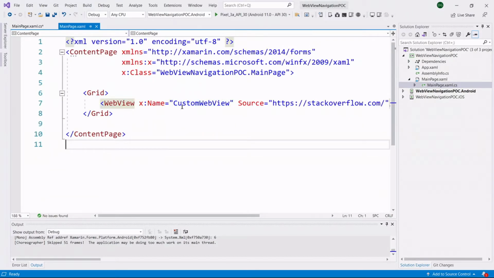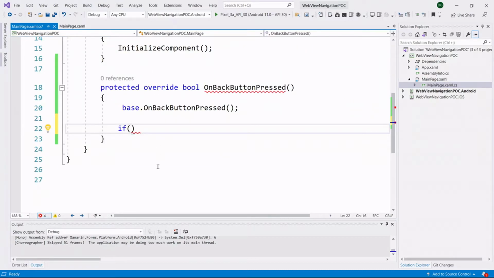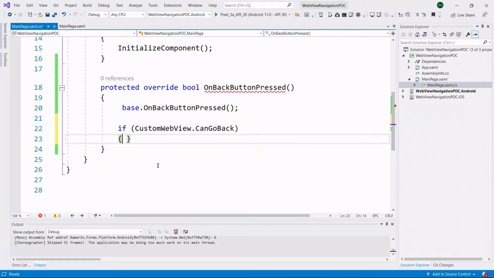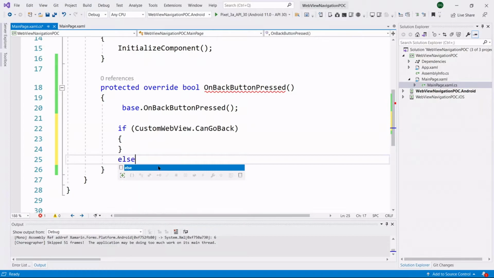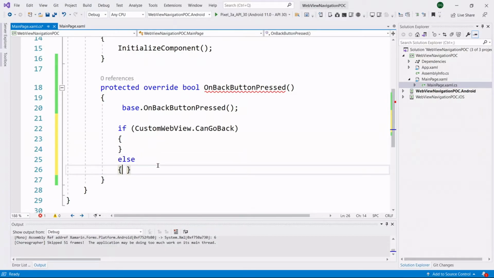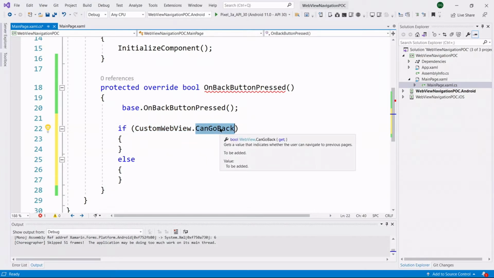Inside this if condition, I am accessing my web view control inside the code behind file with the help of the x:Name, dot CanGoBack. Here you can see that my webView.CanGoBack predefined property is available.